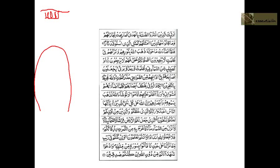أو كصيب. What's the makhraj of صاد? صاد is the same makhraj as sin and zay, right, which is the front tip of the tongue right here touching the back of the bottom front two teeth. كصيب من